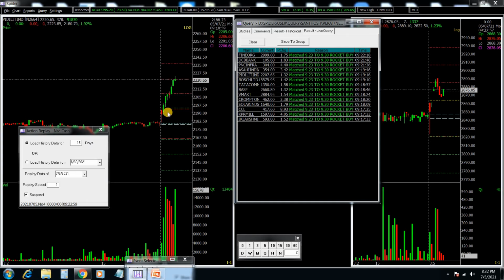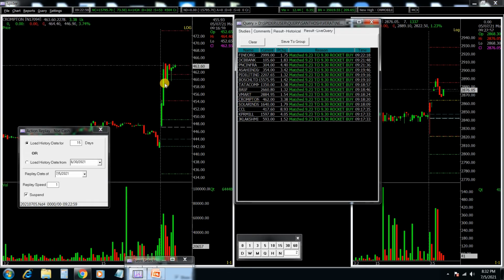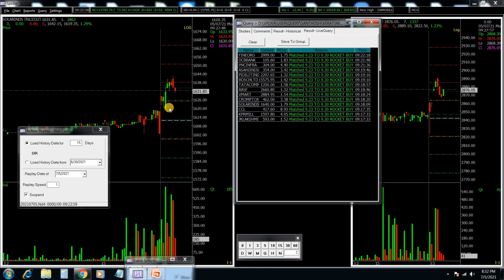Pidilite crossed the second red line at 9:20 and immediately made a new high, so we got a confirmation here. And Crompton, after touching the second red line at 9:20, the price has not traded above the high which broke the red line, so there will not be any position.